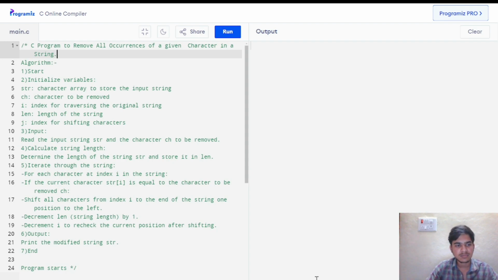As we can see the algorithm, we initialize variables str, ch, i, len and j and read the input string str and the character ch to be removed, and determine the length of string str and store it in length. And for each character at index i in the string, if the current character str[i] is equal to the character